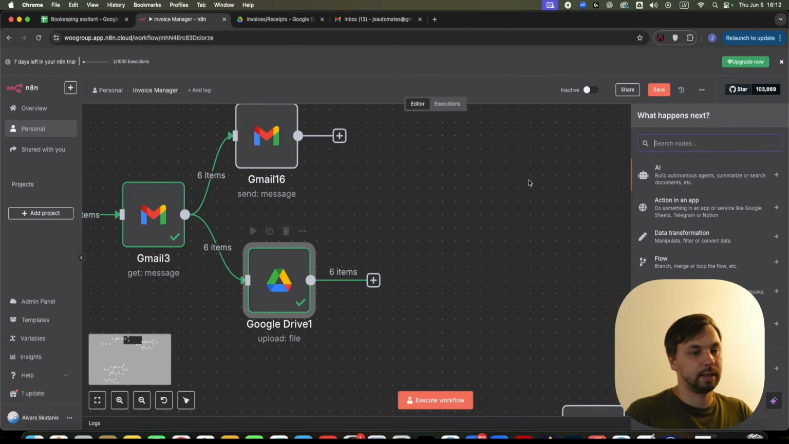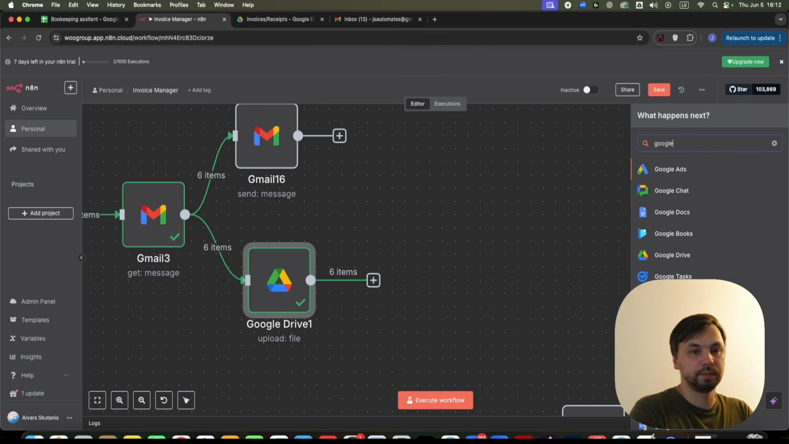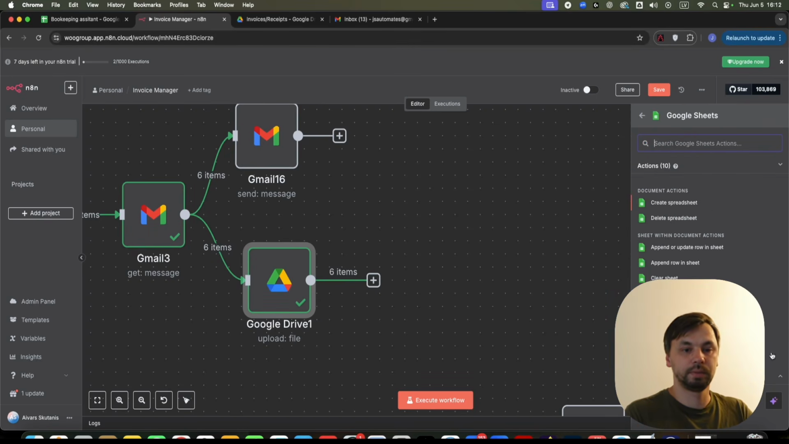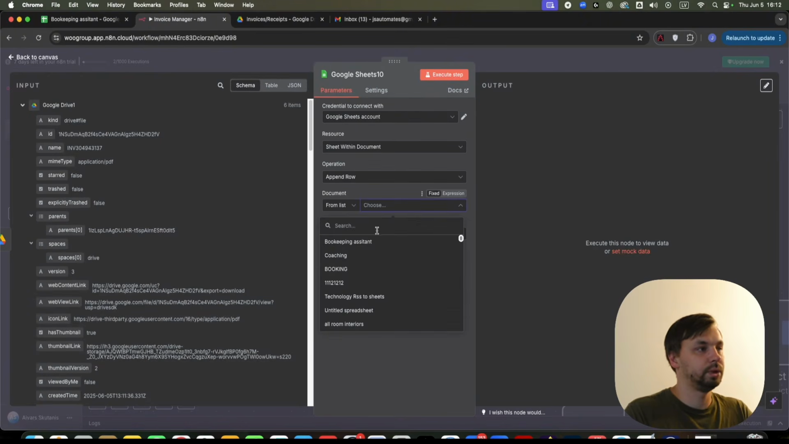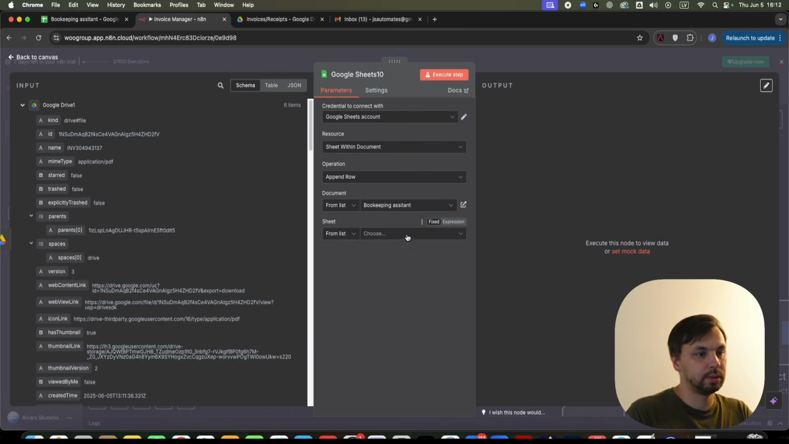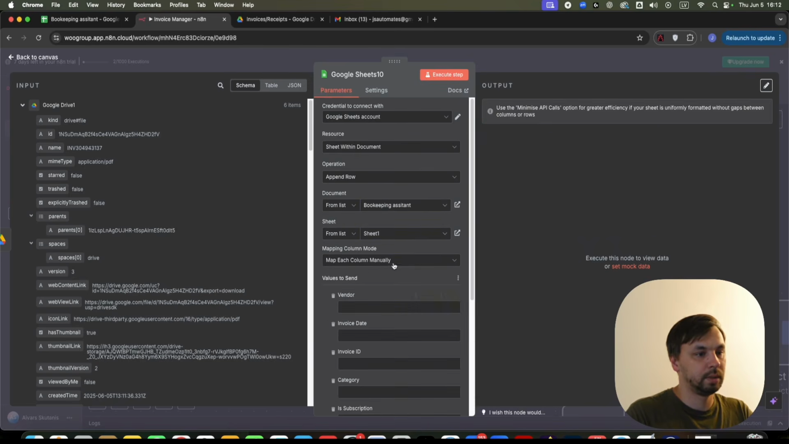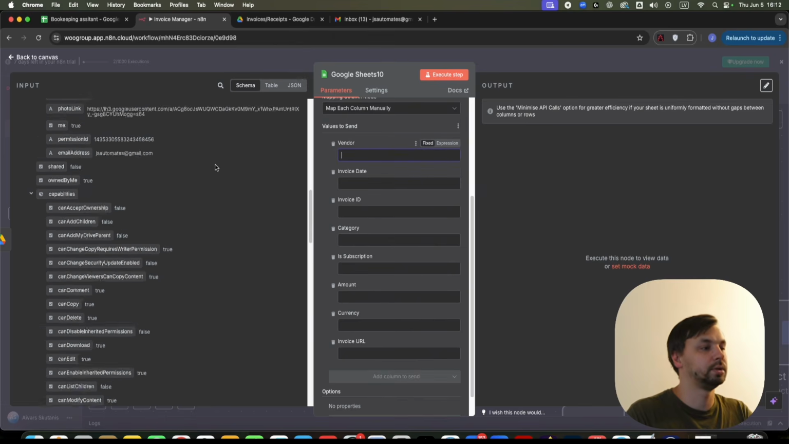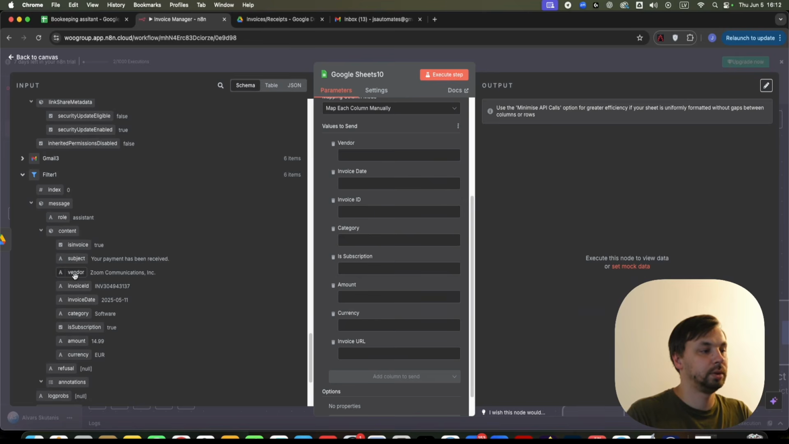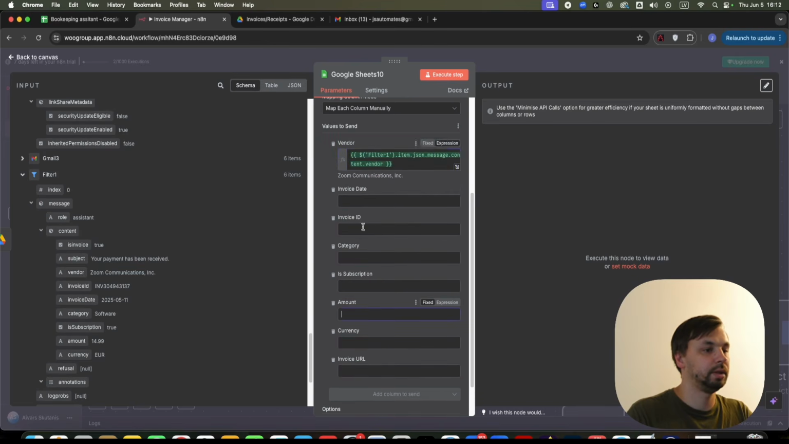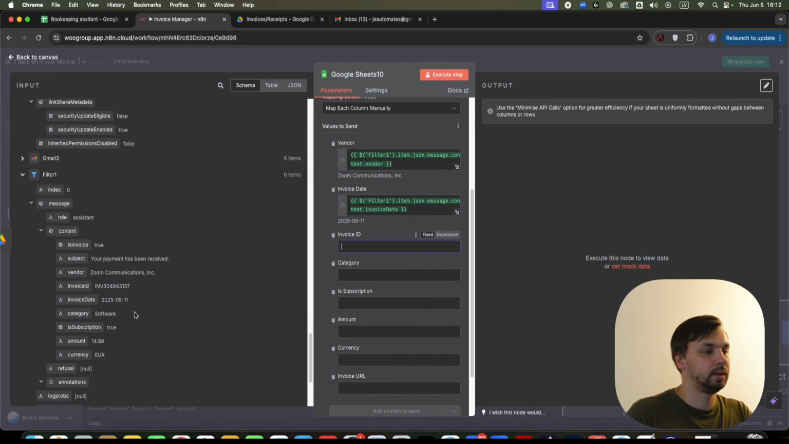And then we're just going to add Google Sheets node, append row in sheet. And here we need to find our sheet, which is bookkeeping assistant. Sheet is sheet 1. And then we just need to map out these fields. So we're going to scroll down to filter node and choose vendor variable here, invoice date variable here, invoice ID here,